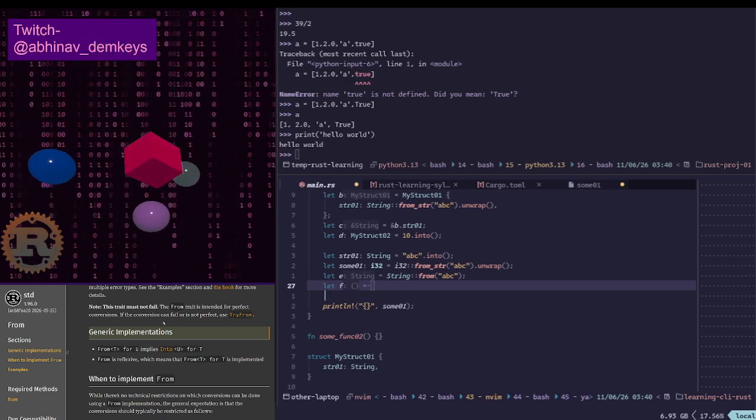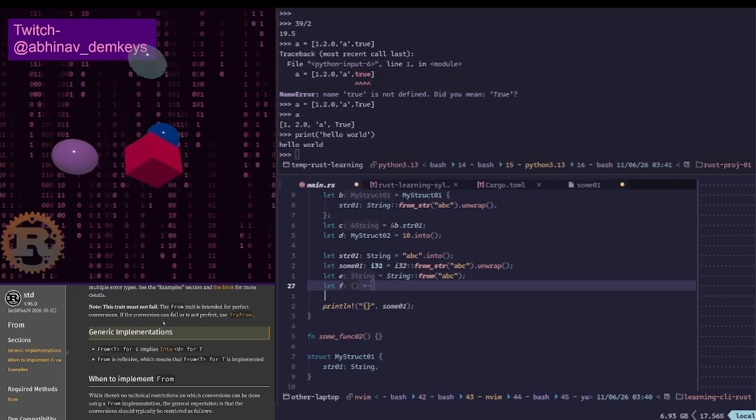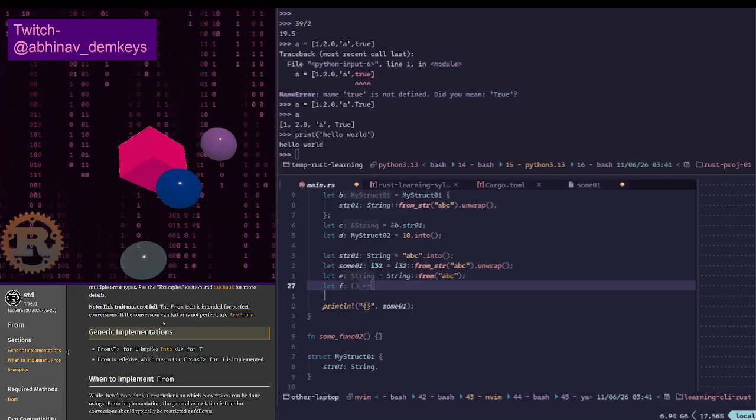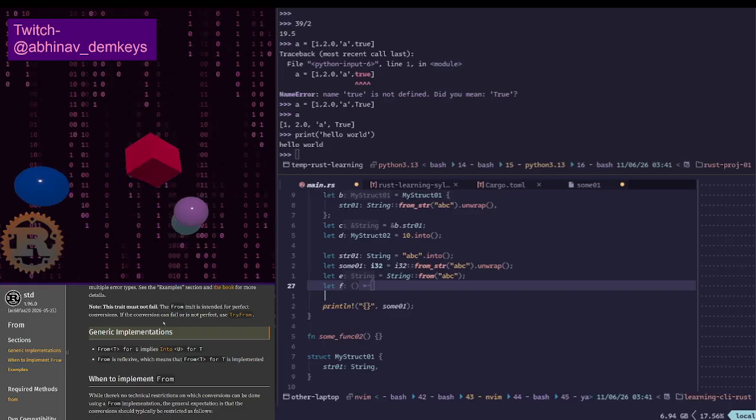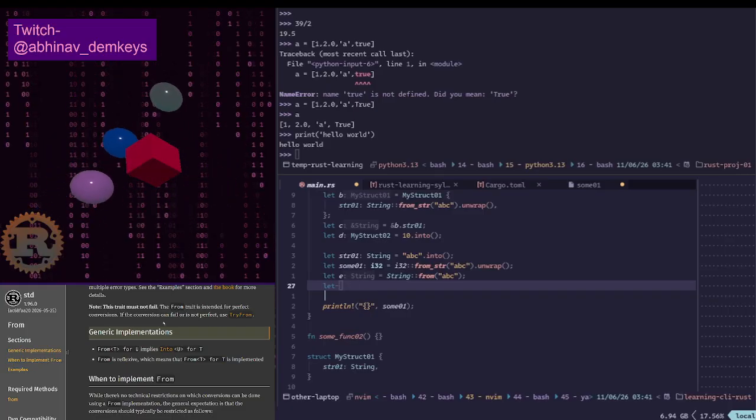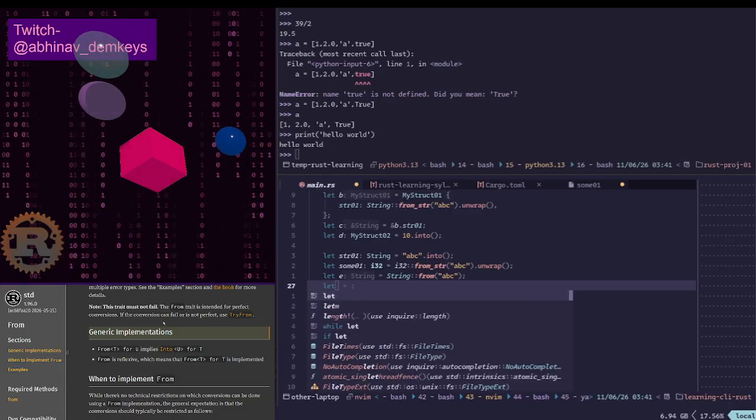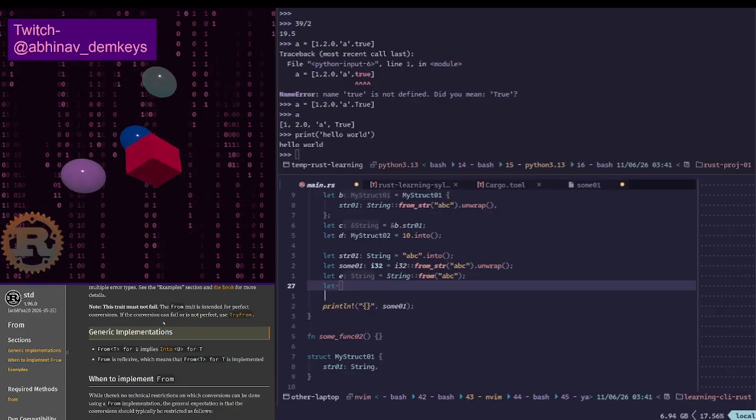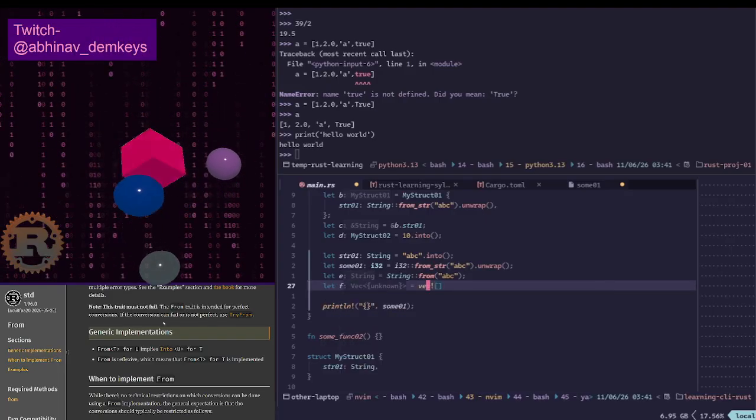Let's do something like, I don't know, let's do a vec, I guess. 1 2 3, simple vec. Okay, to iterate over this, we would need to get the iterator for it, and then we can run a for loop or something like that. However, there is